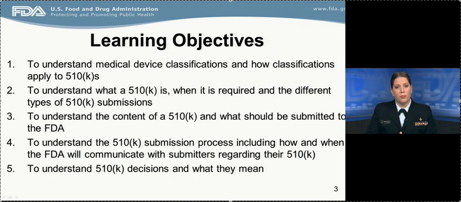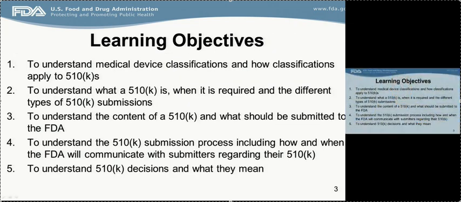During today's presentation, we are going to cover the following learning objectives. I'm going to provide you with an understanding of medical device classifications and how classifications apply to 510Ks. We're going to cover what is a 510K and when it is required and the different types of 510K submissions. We're going to talk about what should be included in your 510K, the actual content, and what should be submitted